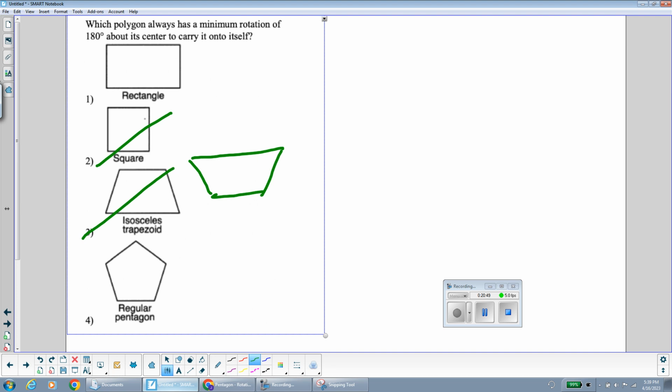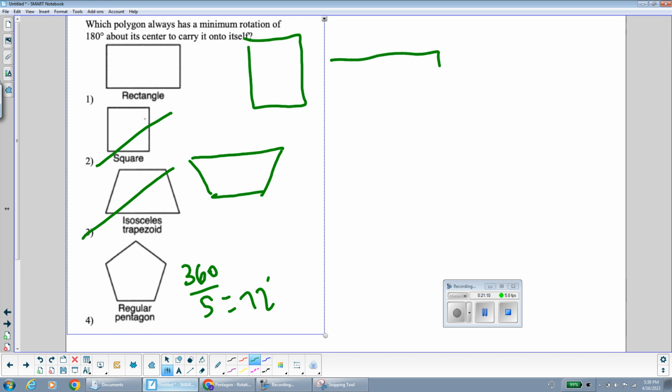And if we do pentagon, we know that a pentagon from the last question we just did is 72 degrees to get it to look like itself. So rectangle is the answer. If we rotate the rectangle 90 degrees, this rectangle 90 degrees will look like this. But if you rotate it another 90 degrees, which will be 180 degrees, it'll be back to looking like